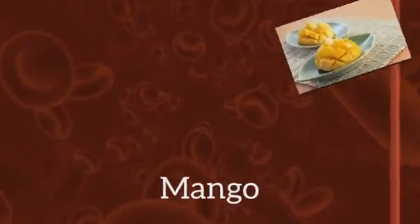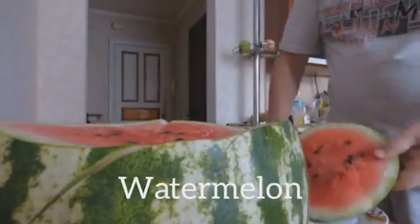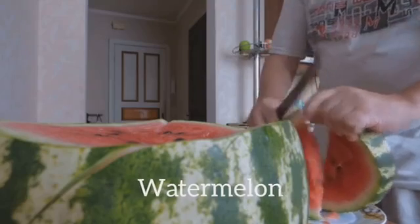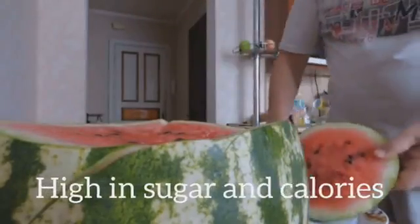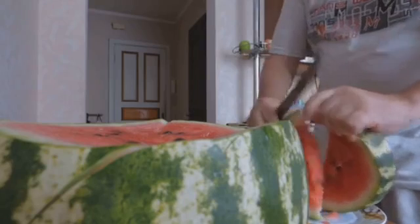Then I've seen a lot of materials where watermelon has been seen as a very good one, and I can tell you that although it contains all the vitamins, it has a lot of sugar in it also. It increases the sugar level, and it's not good for people living with diabetes. Despite the fact that watermelon contains more fiber, it has sugar in it. So if you are taking more of watermelon,